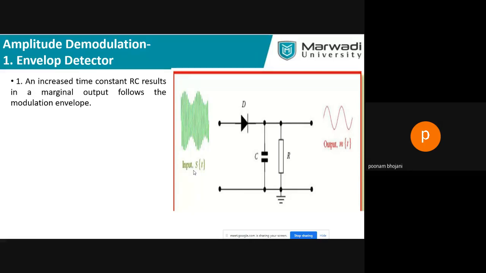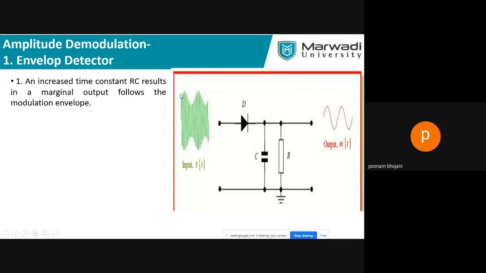It is a very simple circuit, because I already told you in the advantages that demodulation of the AM signal will be having very few components in the circuit. So see the components: one diode, one capacitor, and one resistor. Let me tell you the meaning of it. See, here I am getting the modulated signal at the receiver side, but I want the message signal back. So how to demodulate this signal to the message signal?